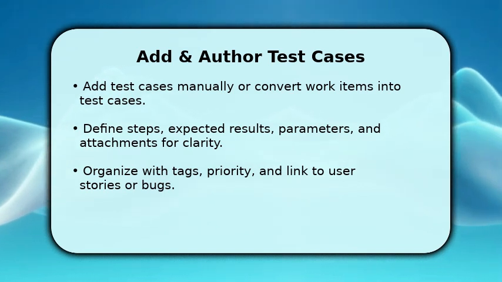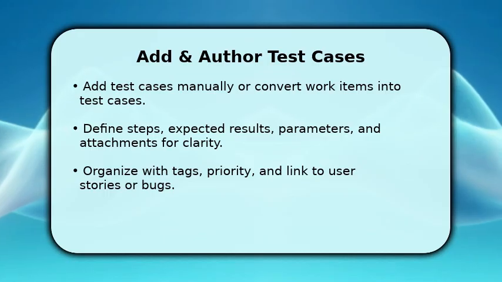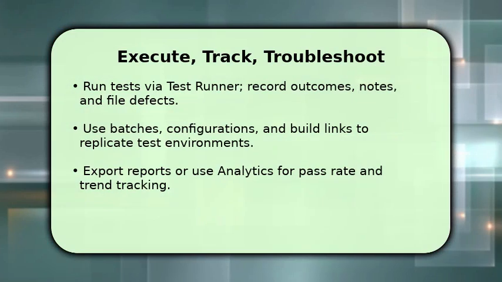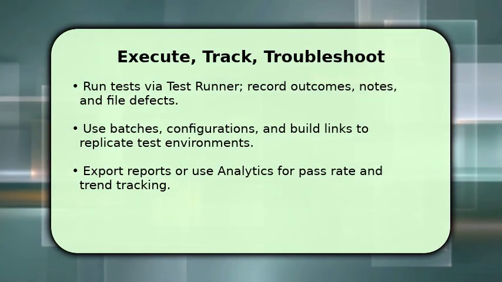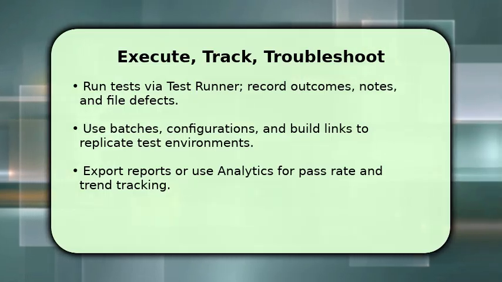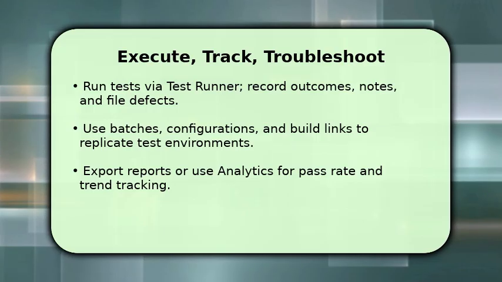Execute tests using the test runner. Select the suite and start a run, then mark steps as pass, fail, or blocked while adding observations and attachments. If failures occur, file defects directly from the runner and link them to the test and build so developers can